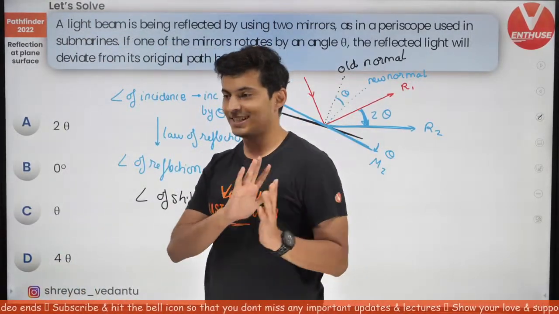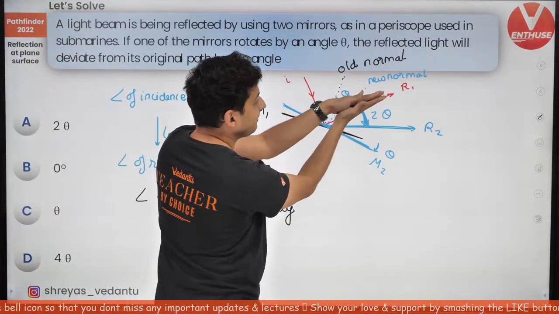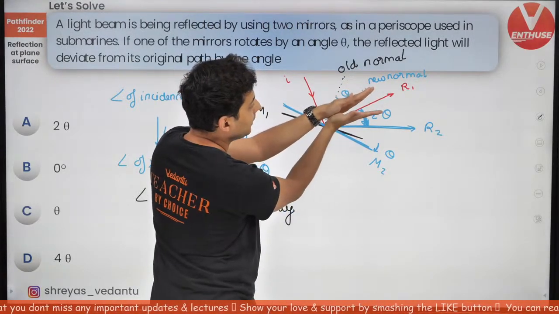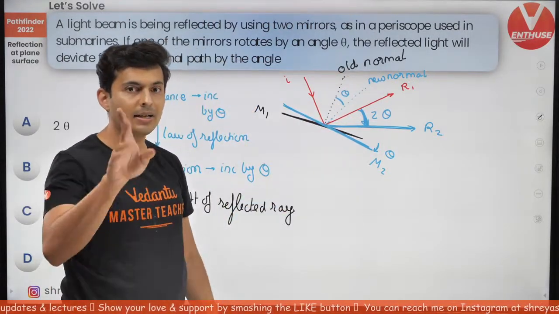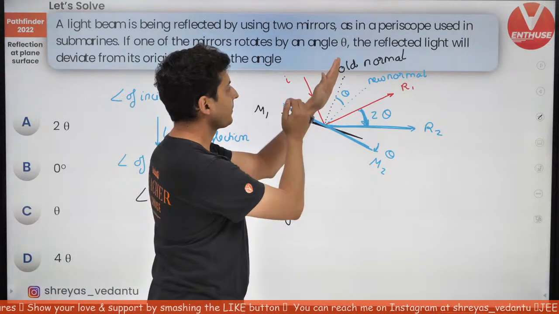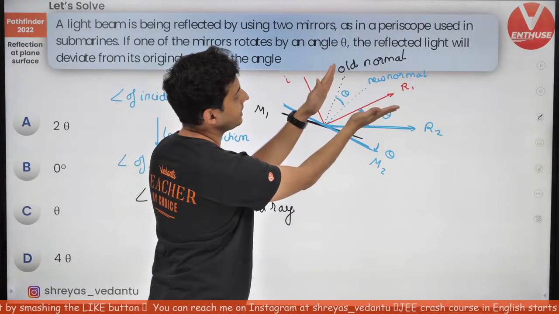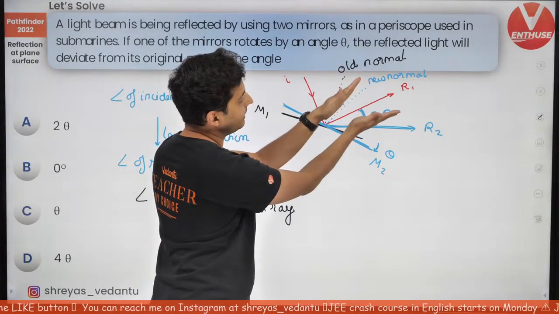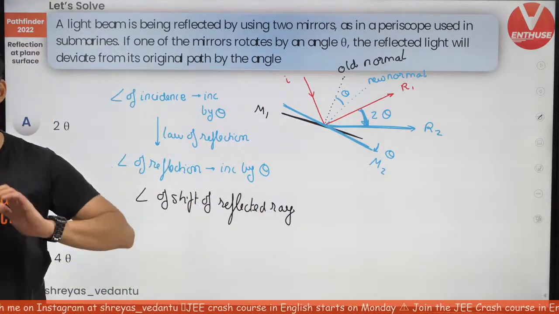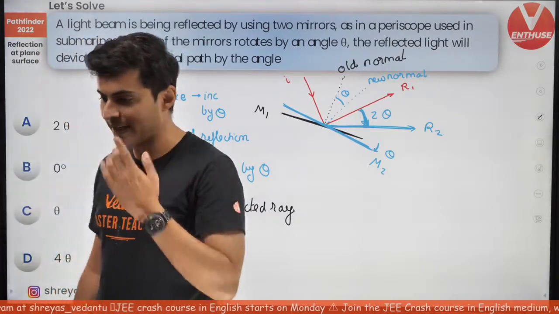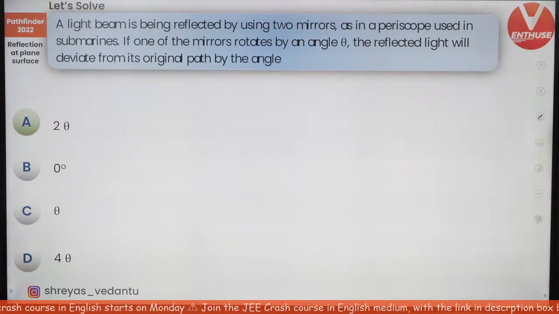Very good. Anish, it's not C. A lot of people think it should be C. Understand, the angle of reflection has increased by theta, but the normal itself moved by theta. So 2 theta. I'll repeat. This was the old normal. The angle of reflection should increase by theta. But the normal also tilted by theta. So the reflected ray should tilt even further by theta. So it should be 2 theta. Very good question. Alright. Hi Sujay. Welcome aboard. So this is how you solve this question. And remember this answer is 2 theta.